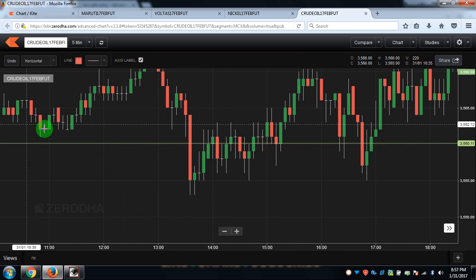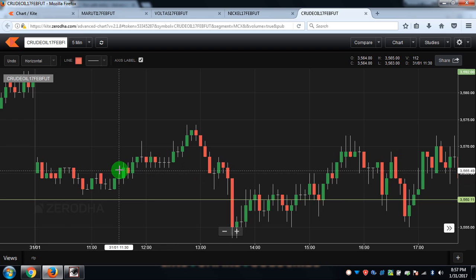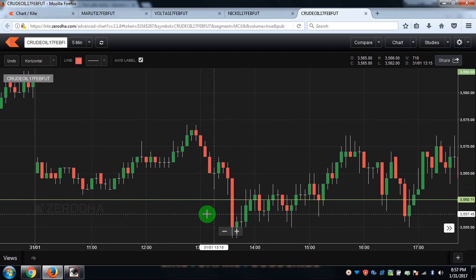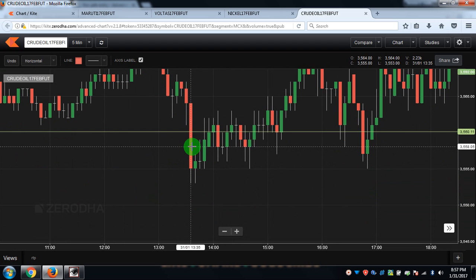You can see the market was continuing in the morning, it opened at 67 and went up to 73. From there it came down again. So this is a low. Here was the first candle where it intersected our given levels. First thing you have to see is this candle's closing level. You can see the open, high, low, close of this particular candle whenever I move the mouse. This candle low is 3553 and the closing is